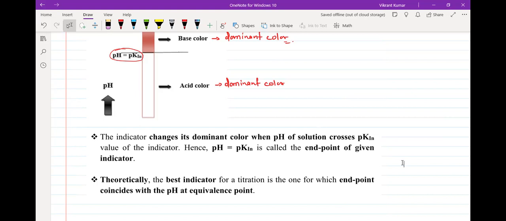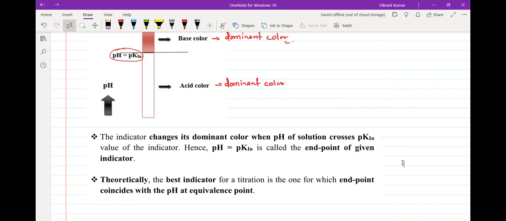बट ये सारी कहानी जो थी वो थ्योरेटिकल स्टोरी थी. ठीक है? व्हाई आई एम सेइंग थ्योरेटिकल स्टोरी? क्योंकि इंडिकेटर का यूज करने में तीन चीजें आती है. एक होता है हमारा इंडिकेटर इटसेल्फ दैट वी आर गोइंग टू यूज. There is a container in which we are performing the titration. And the third thing is the main issue, and that is we the people are the main issue of this thing, that we are going to observe it, and the observation requires human eyes, and human eyes is having limitation